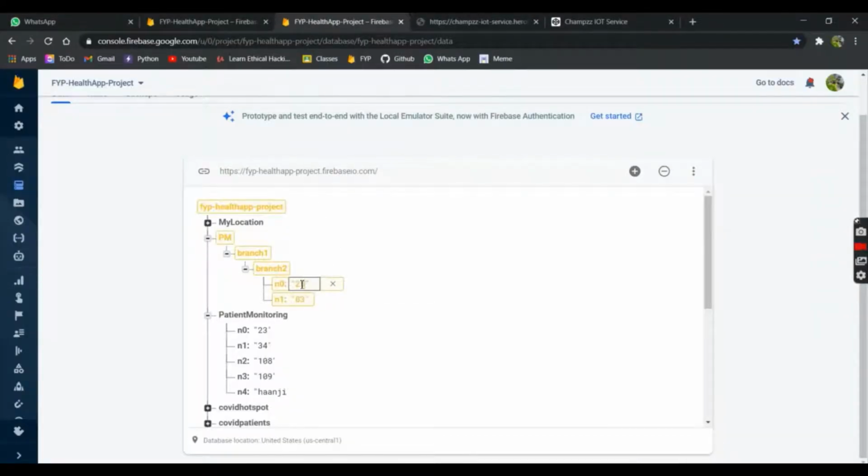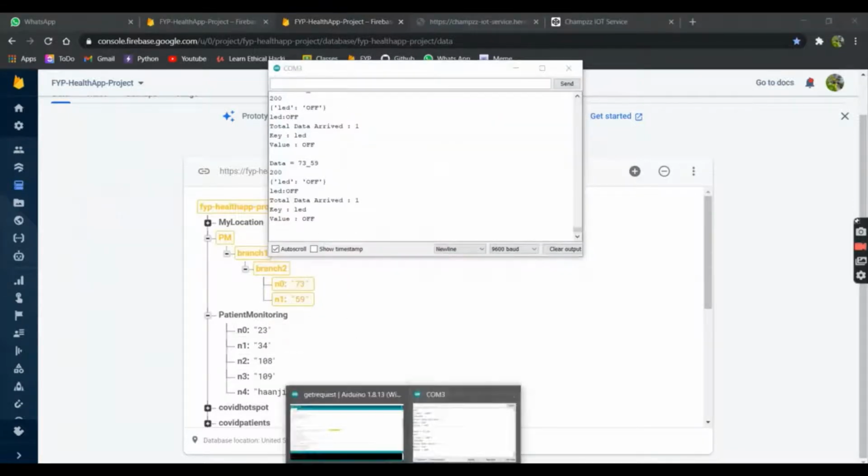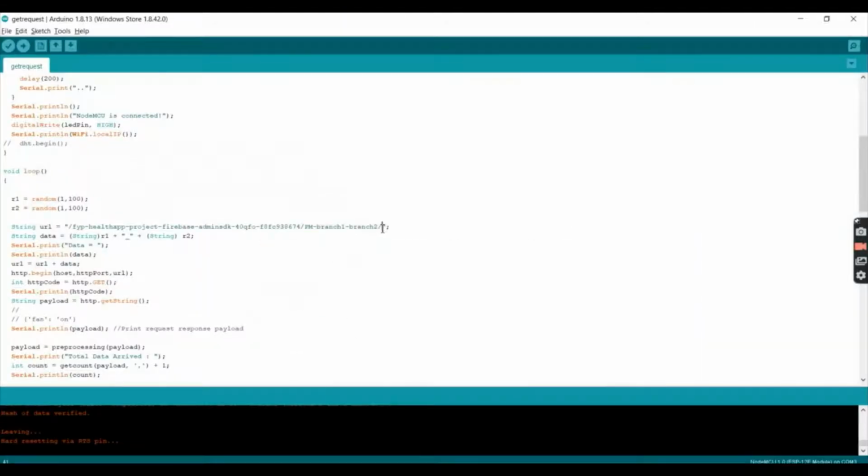Now whatever data you need to send, put it after the forward slash, and create the data using the underscore method. For example, if I want to send three values like 23 underscore 34 underscore 55, this is the format you need to follow. Concatenate and make the string, store it in the data and attach it to the end, like URL plus data. You can also pass a string here, and hi, and anything, just add the underscore appropriately.